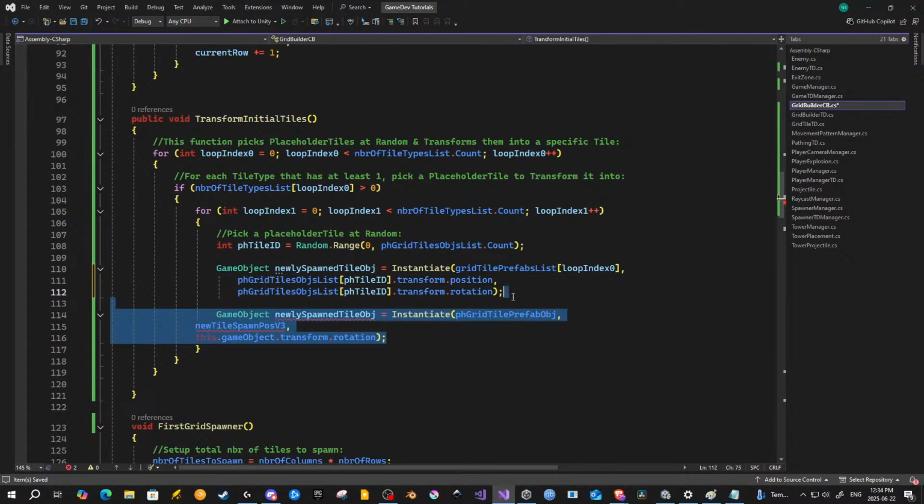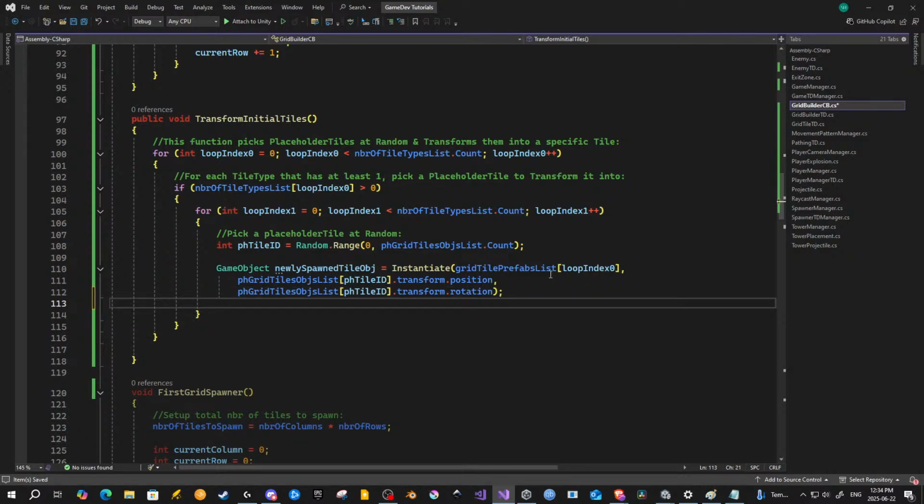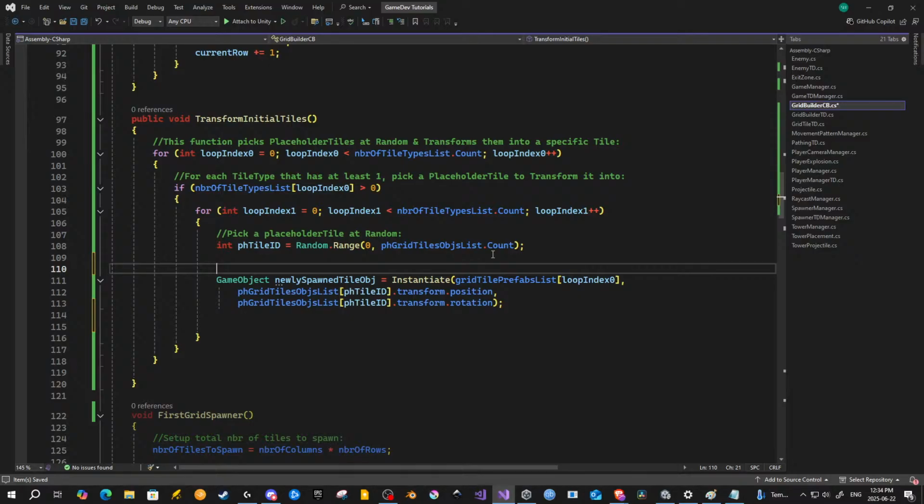Now this we're just going to remove. Okay, perfect. Once we've done that, instantiate one instance of the current tile type at the target placeholder tile's position,